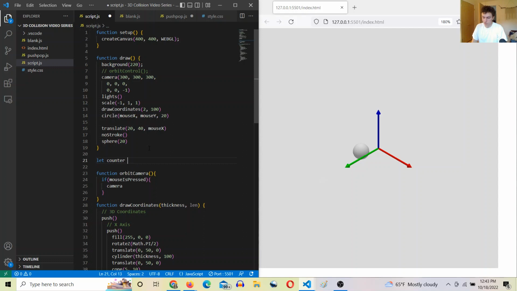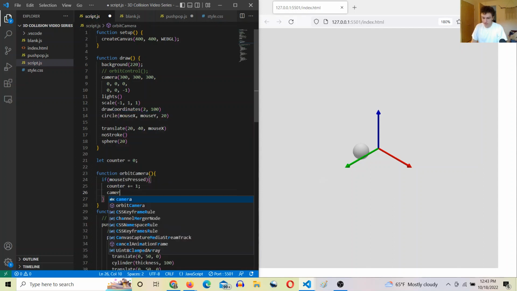So let's say counter equals 0, just a global variable. If mouse is pressed, counter plus equals 1, and then we'll do camera of this same exact thing,